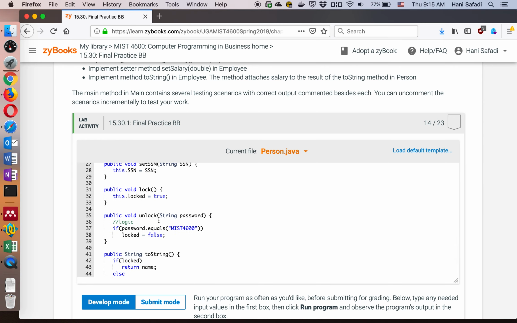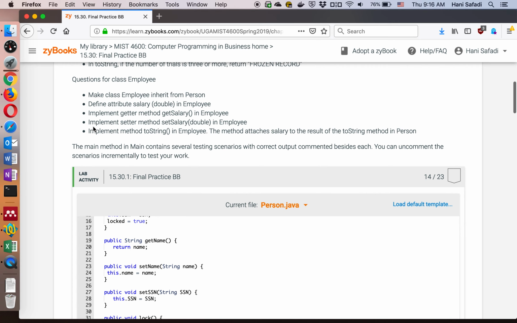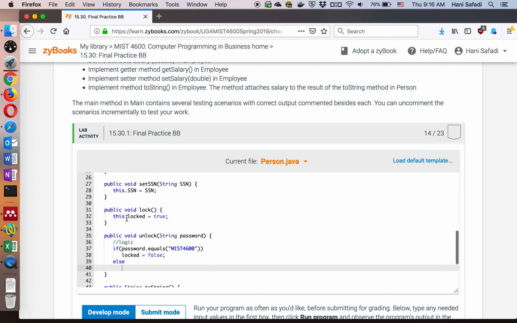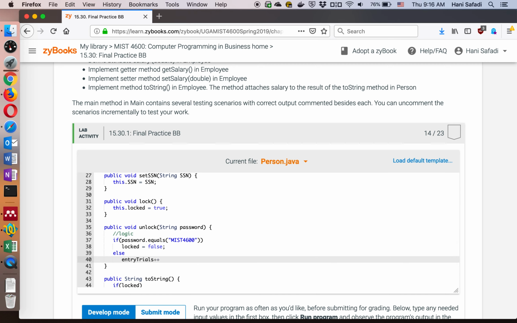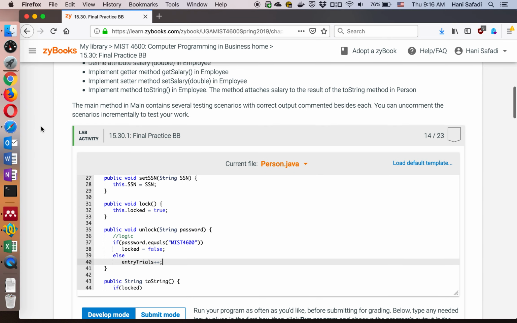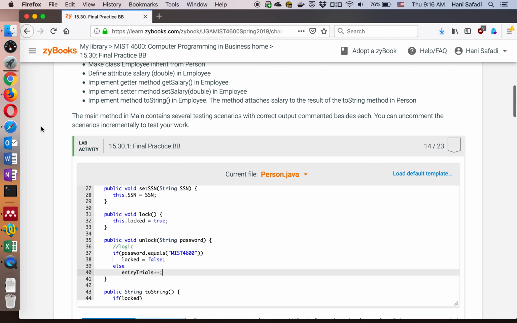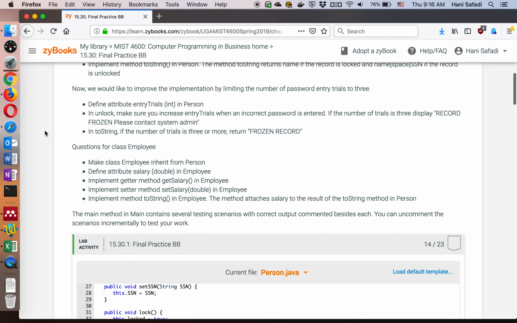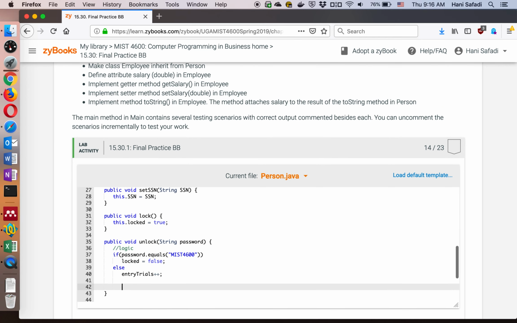Let's go to unlock here. So if the password is fine, you just set lock to be false. Otherwise, you need to increase number of trials by 1. Sorry, entry trials by 1. So that's that. You increase it by 1. That's the first step. Now, once you do that, you will need to decide if number of trials exceeded 3. So if entry trials,